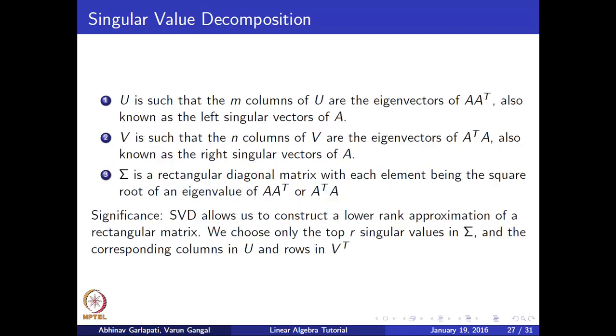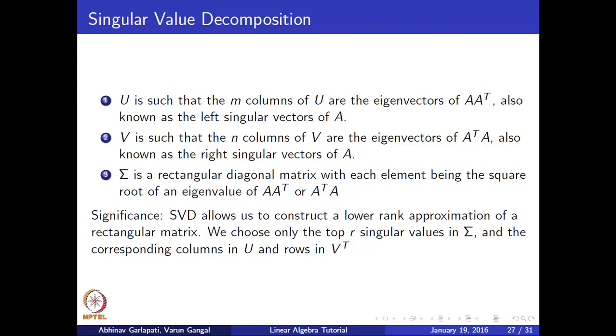The three elements U, sigma, and V are as follows. In U, every column represents an eigenvector of AA transpose. In V, every column represents an eigenvector of A transpose A. Sigma is a rectangular diagonal matrix with each element being the square root of an eigenvalue of AA transpose or A transpose A. Now, note that AA transpose and A transpose A have different eigenvectors, but the set of eigenvalues